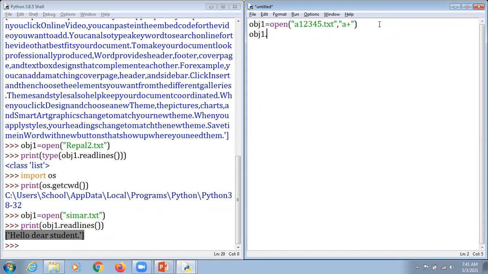So what we do here, we mention it as a write operation, only a write. Now we type hello. This is a string. Kindly concentrate. After that, again we type obj1.write. Now I'm just going to use a number here. But previously I have mentioned that write is supposed to use only a string, and it does not accept any kind of number here. So we expect some error in that particular program. So we press F5 and hit the enter key, my dear respected students.